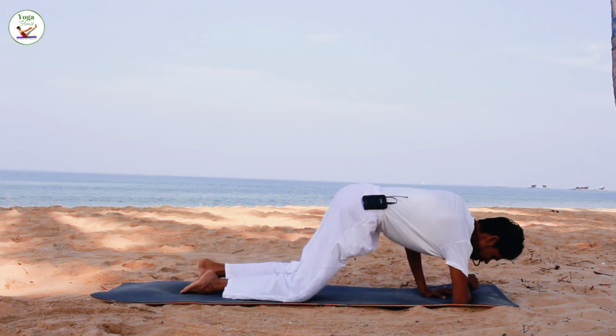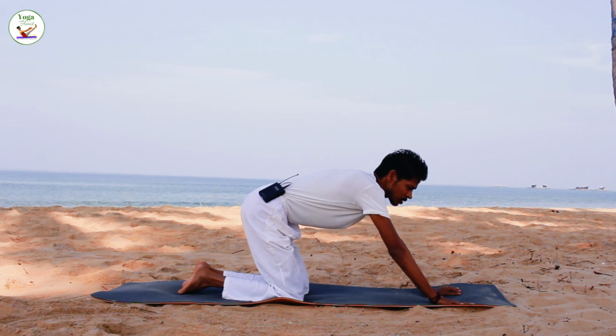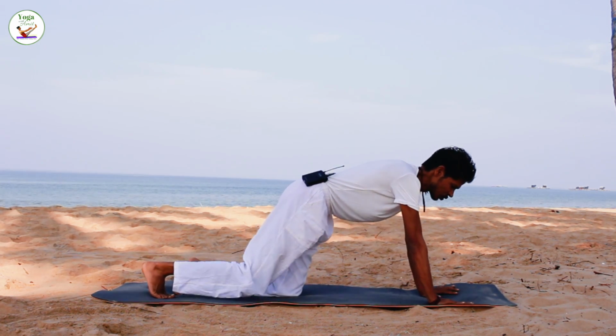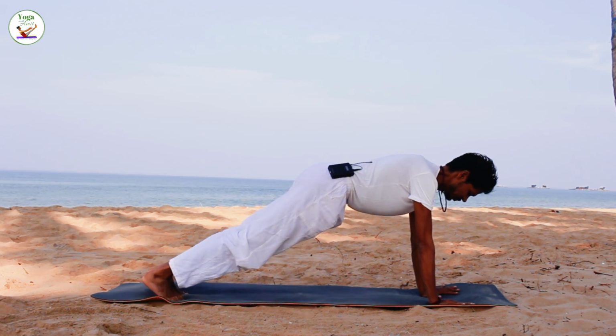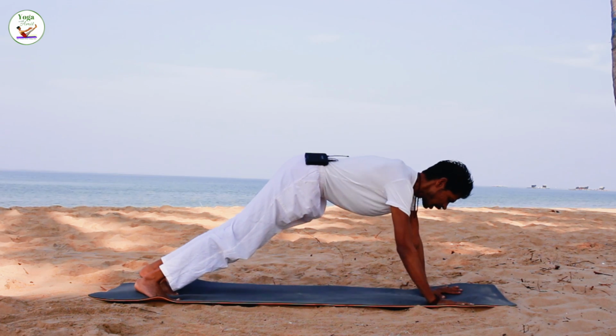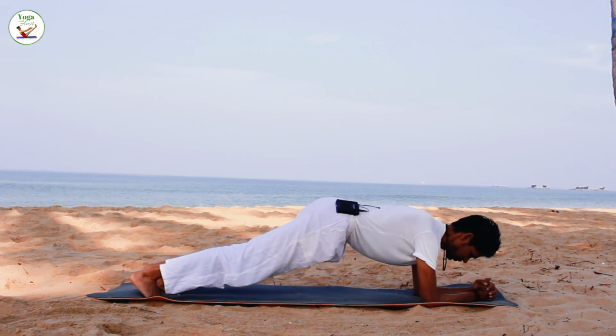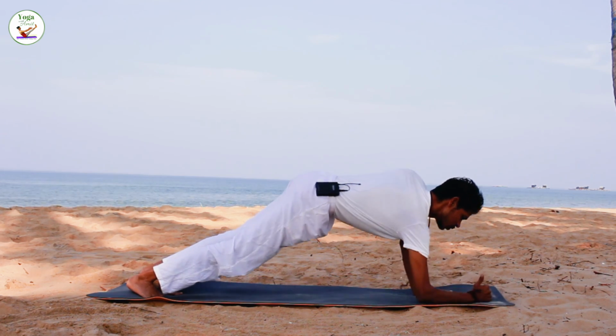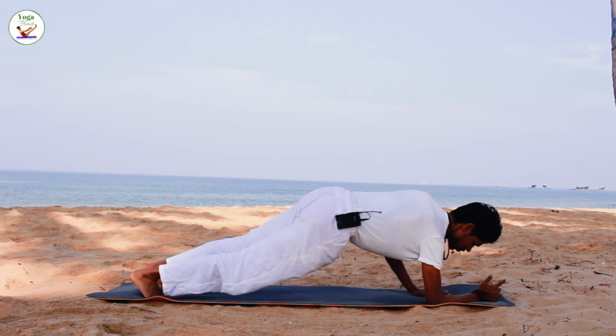Go back into cat. Stretch your leg back into plank. Then bring your elbows onto the ground and push back into plank. Elbows onto the ground, push back,